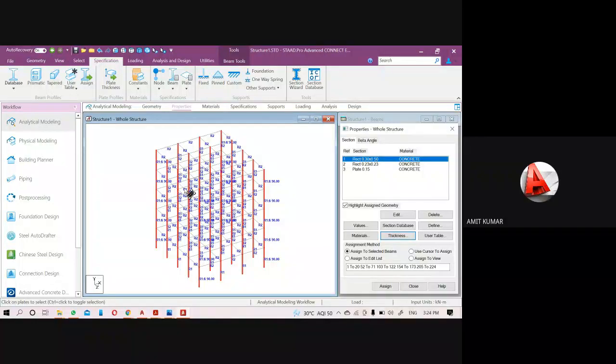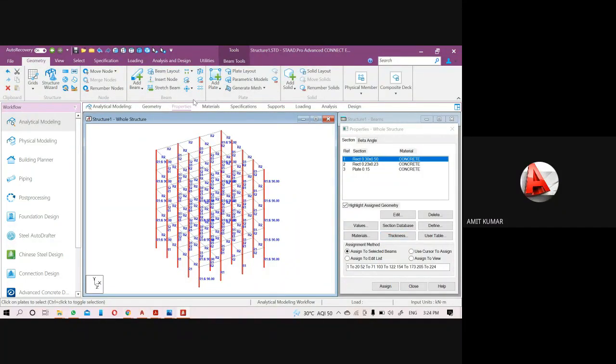One more thing, that is the very important thing. If you want to show the plate stress, then please don't use the add plate option. Then we have to use the generate mesh option. Here it is. Earlier I already told, we have total two types of plate. First one will be add plate method, second one will be your generate mesh option. Because when I use the add plate option, there will be only 4 corners. You can see it.